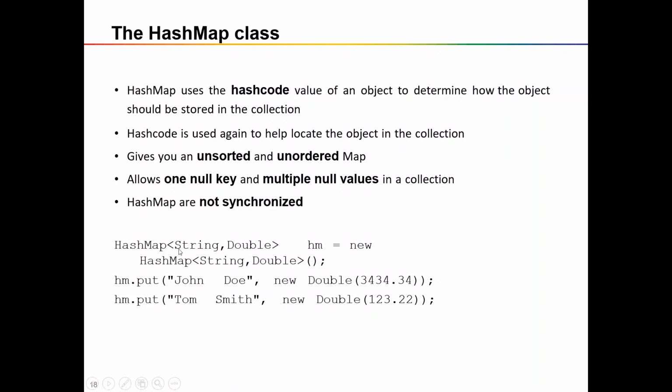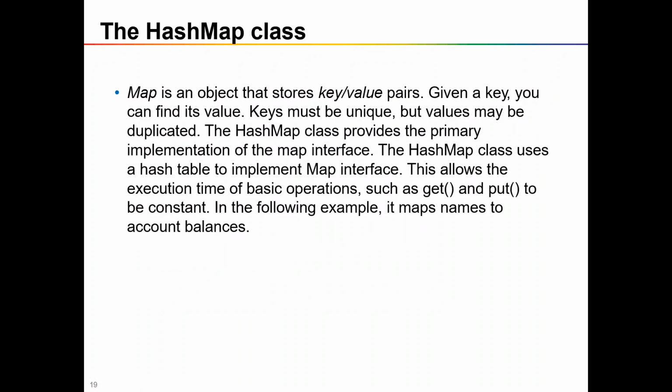For creating a hash map, I have to pass two separate types. The first argument represents the key type and the second argument represents the value type. And there is the put method, where we add a key and value pair. So we have added two values into the hash map. For storing the value, we use the put method. For retrieving the value, you can use the get method, and you pass the key as an argument so that you get back your actual value.